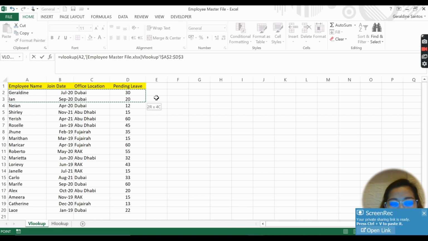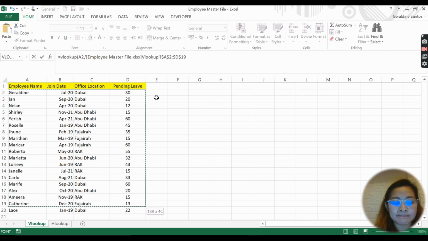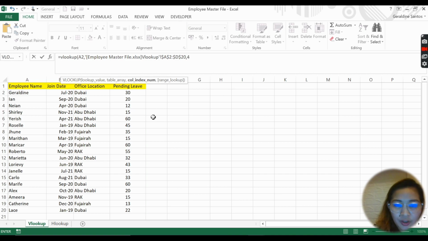Then I need to drag it until the last row, wherever the details that you have. Then you will put a comma and you will put 4 because the pending leave is in column 4.